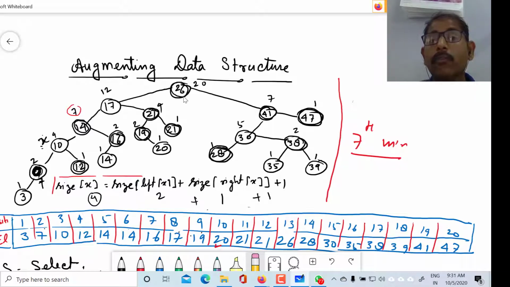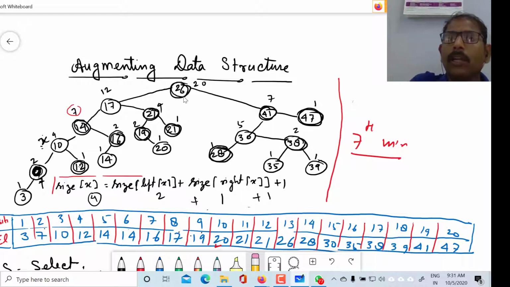Because we want to find the minimum element inside the tree, and in a binary search tree all the elements are in sorted order, all the elements on the left hand side of a particular element are smaller than that element.